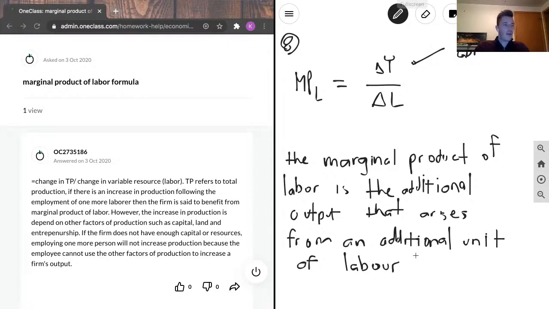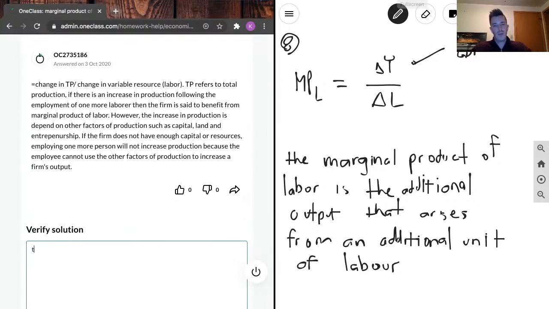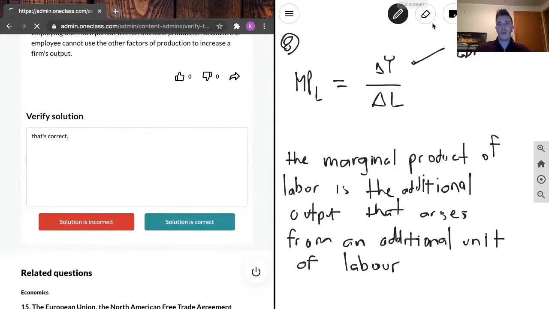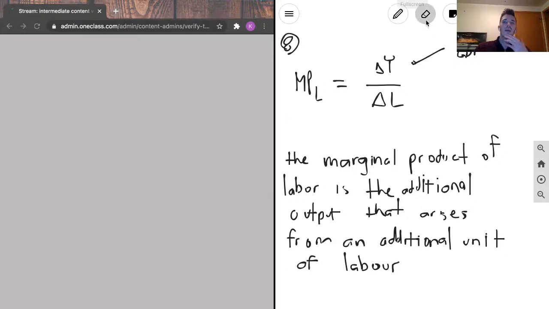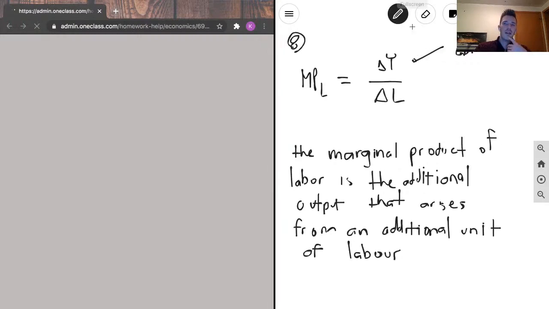When we are talking about an economy with 10 million people, and you add 1 person to that 10 million people economy, there is going to be less of an increase in output than there was in the scenario where there were only 2 people. That is diminishing marginal returns of labor. So we can move on from that. On to question 9 here. I think there's 12 or 13